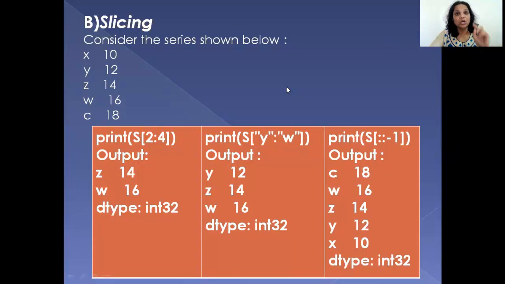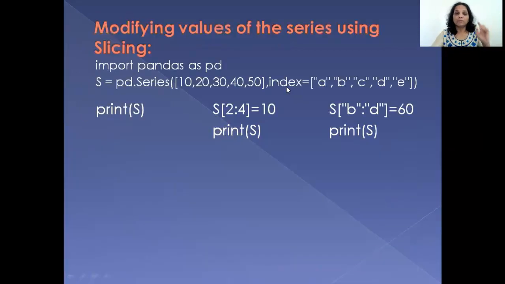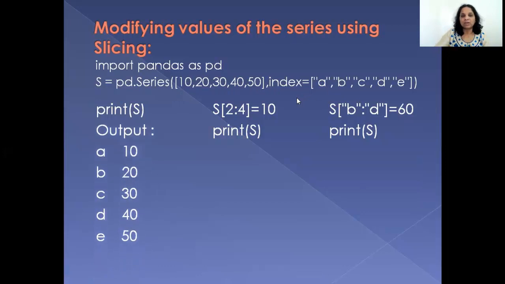Okay. Now, this was only accessing, but using slicing or using indexing, we could also manipulate or change the content of the series. I told you that in the characteristics of a series, the series consists of homogeneous data. The size is immutable. You can't change the size, can't make it big or small, but the data within it is mutable. You can change the data within it. Okay, now to understand that, we have a series here created using a list of elements, and the indexes are also given. So that's my series.